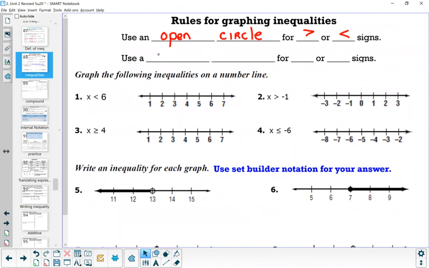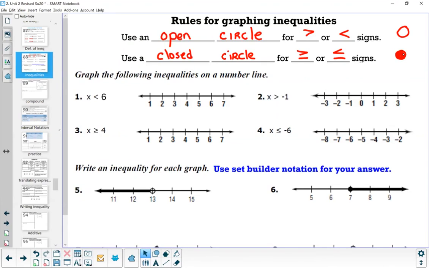Now, you want to use a closed circle if you're saying greater than or equal to, less than or equal to. Okay, so open circle versus closed circle. All right, open circle will not be shaded in, closed circle is shaded in. All right, so